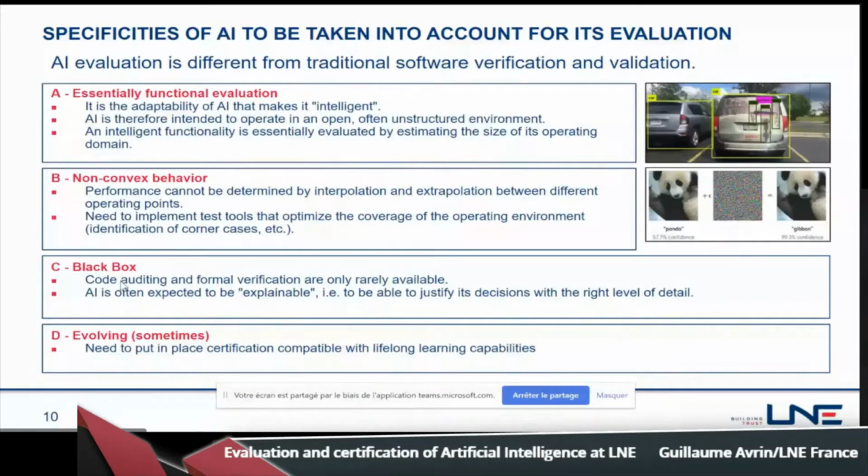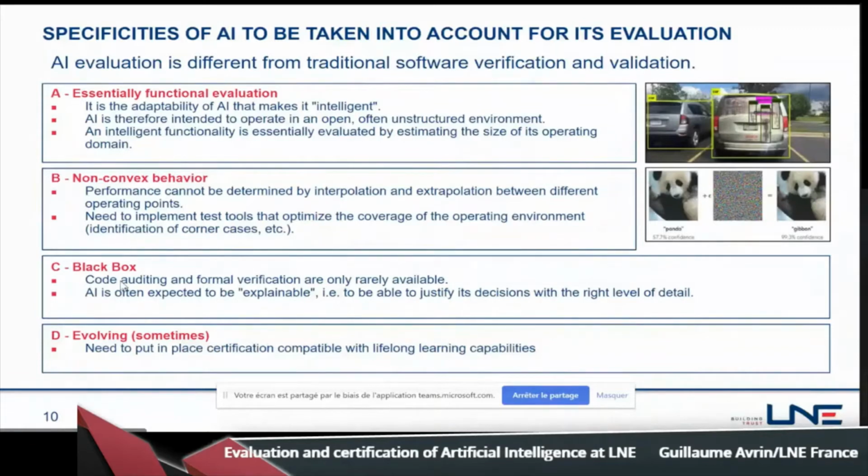And this artificial intelligence system can be evolving, meaning that once they are deployed, some of them are able to continue to learn. We say that they have lifelong learning capabilities, and so maybe you will need to evaluate every 2 hours, every day, every week, every month. We don't know, but you will need to evaluate regularly the performances of this AI system, and it's something that